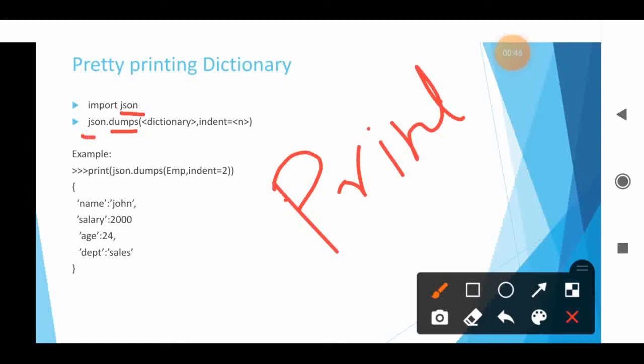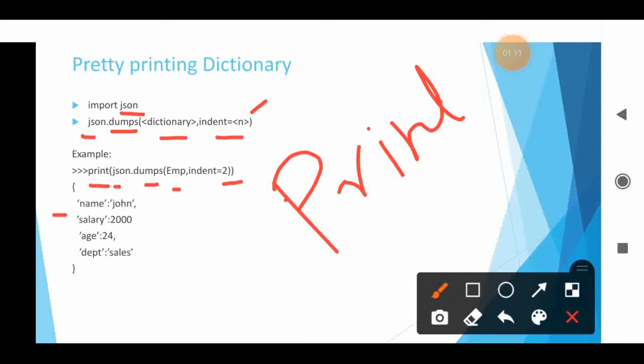Module name dot dumps function, dictionary, comma, indent equals n, where n is the number. For example, print the module name, function name, EMP as the dictionary name, indent mentioned as 2. That means it will give 2 spaces before the key value pair.